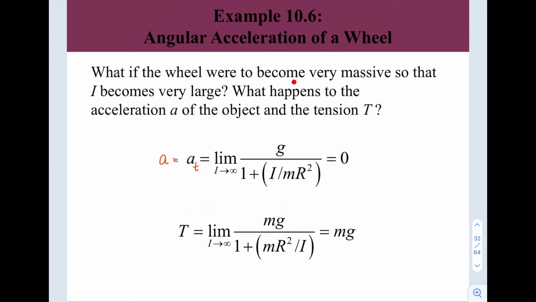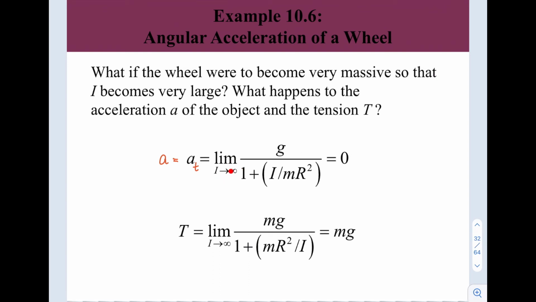What if the wheel were to become very massive, so that I becomes very large? What happens to the acceleration A of the object and the tension T? If the wheel becomes infinitely massive, we can imagine that the hanging object of mass m will simply hang from the cord without causing the wheel to rotate, because m is small in mass compared to the wheel. We can show that mathematically by taking the limit of I